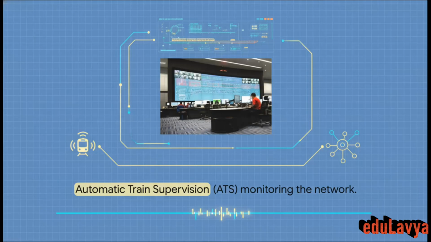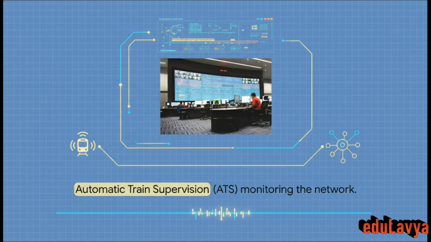Now, meanwhile, overseeing all of these localized zones is the operational control center. This is where the Automatic Train Supervision, or ATS, operates. The operators sitting here aren't actually driving the trains with a joystick. Instead, the ATS issues high-level route driving plans to the various trackside controllers over a massive fiber optic backbone. They are constantly monitoring the entire flow of the network, adjusting the schedules, and making sure the automated system is